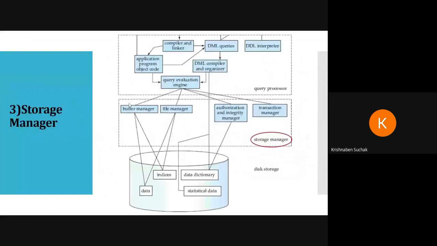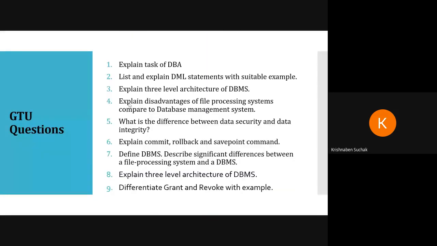In the exam, you have to focus on your lab work also, because in the exam many queries are also asked. At least 7 to 8 queries are asked each and every time. So you have to focus on that. Explain the three-level architecture of DBMS. You have to explain that three-tier architecture. If it is asked to explain DBMS architecture, then you have to explain this overall architecture. Then explain the disadvantages of the file processing system compared to the database management system, which we saw in our second lecture.